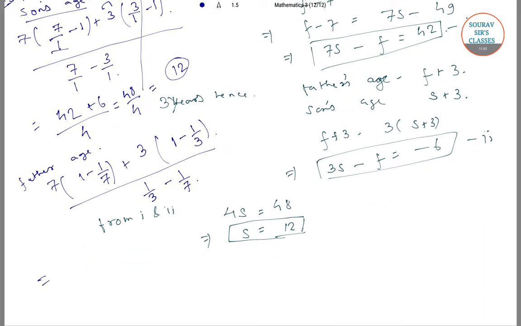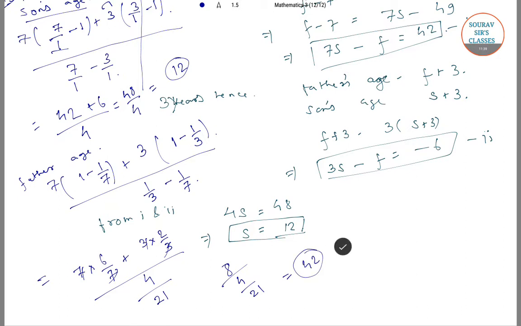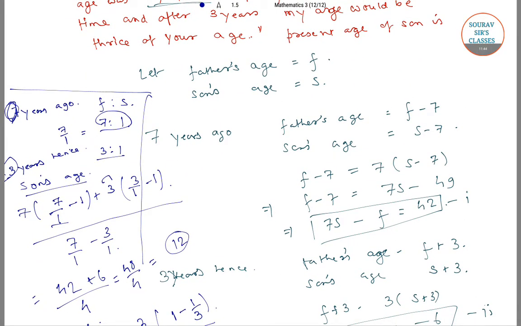This is equals to 7 into 6 by 7 plus 3 into 2 by 3 divided by 4 by 21, 7, 7, 3 is cut. So it is 8 by 4 by 21, which is equals to 42. So father's age is 42. So you can either solve these type of questions by forming linear equations, or you can solve it by putting